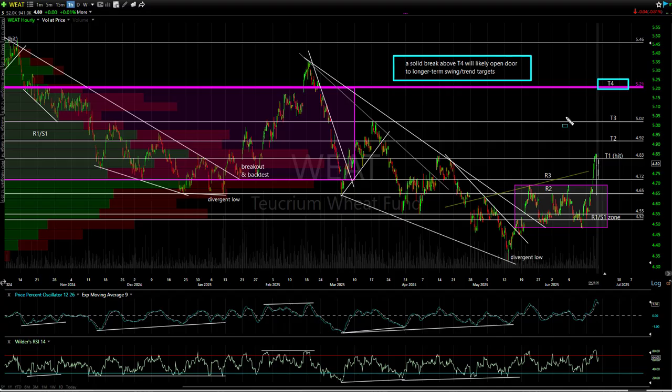We've done many of those over the years. And so, this is the most recent divergent low. There's also been a lot of swing trades in the last year or so on wheat. We get up there, we hit these near-term swing targets. When you get to any or all, or sometimes when you get to one of them, I should say, you get some negative divergence, and that just sends us back, and it keeps this pattern going where it looks like wheat continues to bounce off and test that long-term trend line I was referring to on the weekly chart